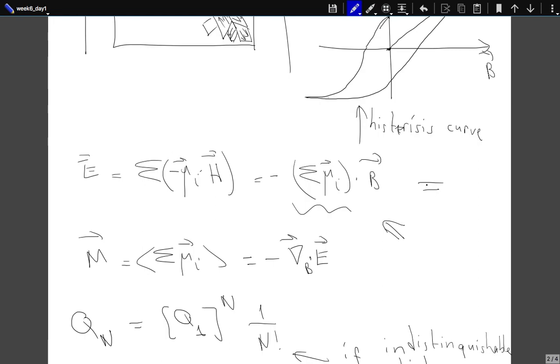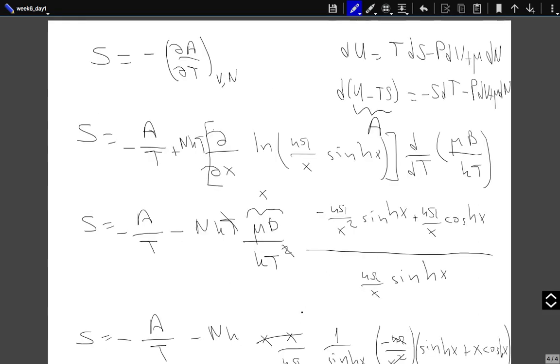We draw it from this relation over here. The energy is given by this expression. In our case, it will be minus the gradient with respect to B of U. This basically amounts to saying that,